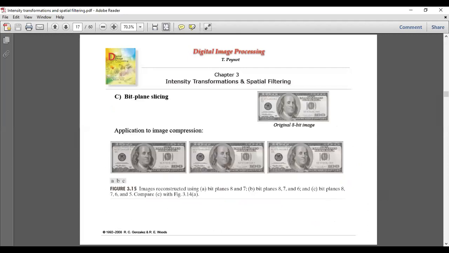By the way, here is the reconstruction made: the original 8 bits and individual bits added. This is only with bit planes 7 and 8, the MSB, and one little less. You are still fine, right? Still fine. But as and when you go on adding the lower bits, things keep getting better. So why do you need this particular bit plane slicing?